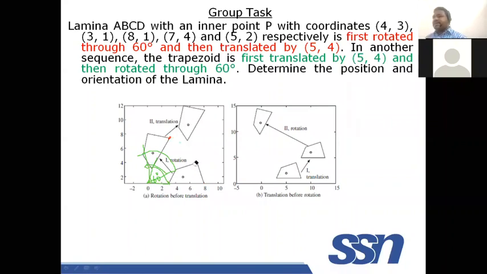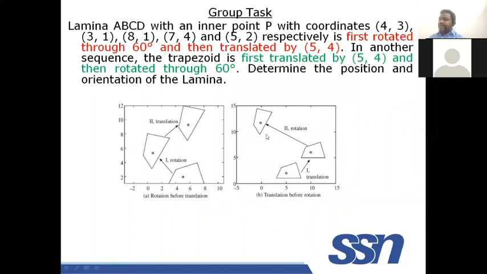Likewise, case B is how you have to do is the same manner. First translate it. Add 5 units to all the x coordinates of all the vertices. 4 units all the vertices of y coordinate. So this will be shifted from this place to this place. Again, you have to do the rotation. Here is also rotation is done with respect to origin. Connect these two, make a rotation.